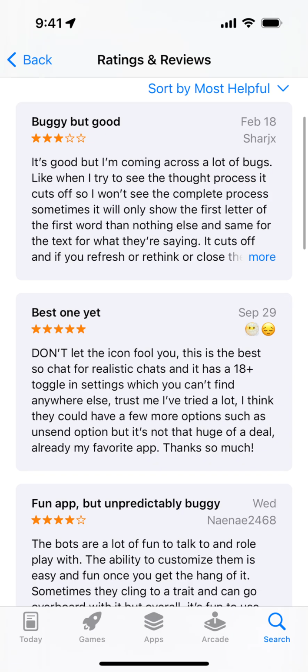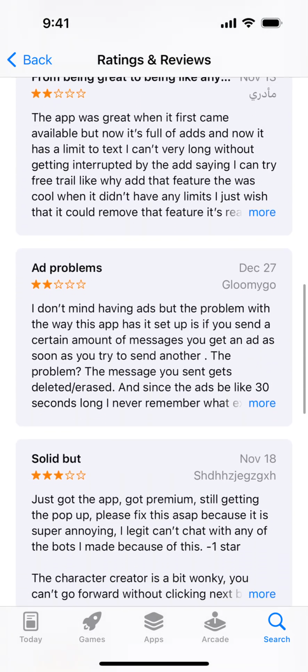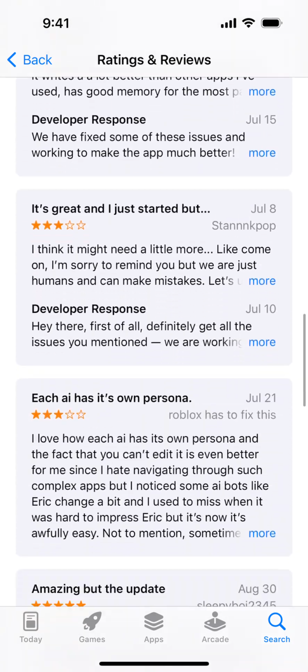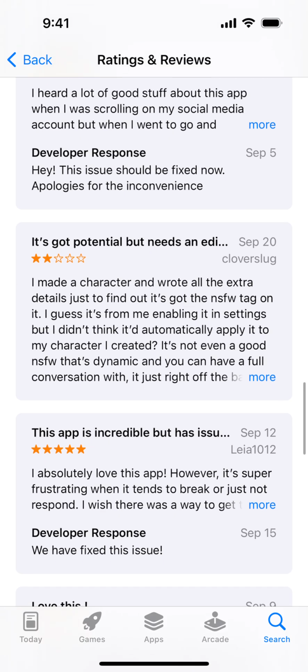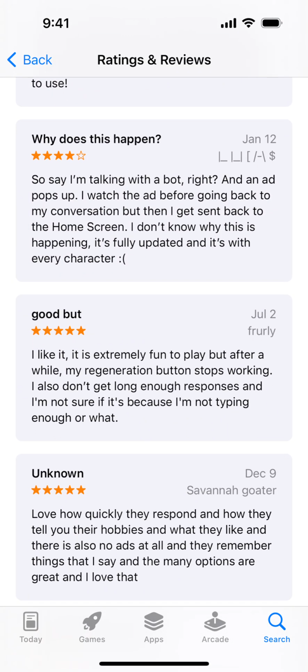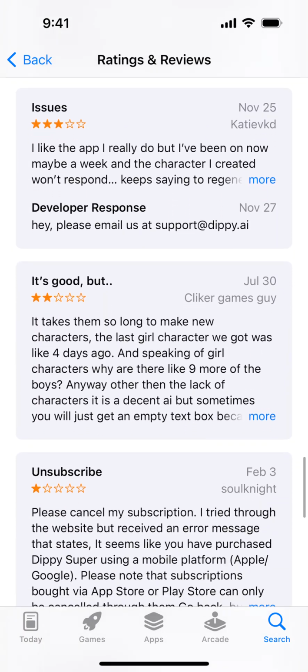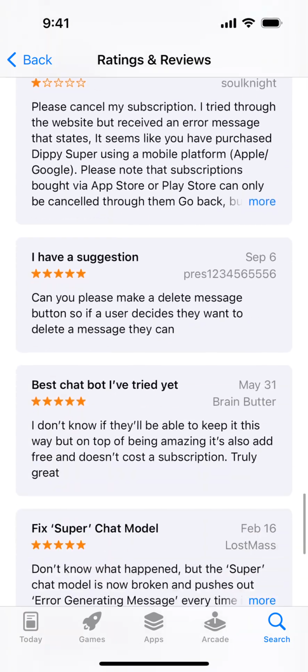Buggy but good, best one yet. Some people complain that this app is still quite buggy, but you know, I haven't noticed a lot of bugs, to be honest, so I'm trying it now. So this app I think was buggy a few months ago, but right now seems okay. It hasn't restarted. I was able to log in, log out, create share characters, chat. No bugs. Maybe a few UI bugs where chat is just overlaying other chat,